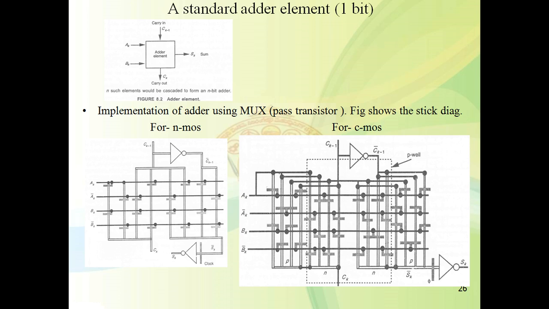Now we will see a standard adder element, a single bit adding element. So this is one single bit a operand, another b operand, also single bit, and we need to add them here. So we have to check the previous carry in, that is c in or ck minus 1. There are two outputs, sk is one output and ck is another output. So this is a symbol of